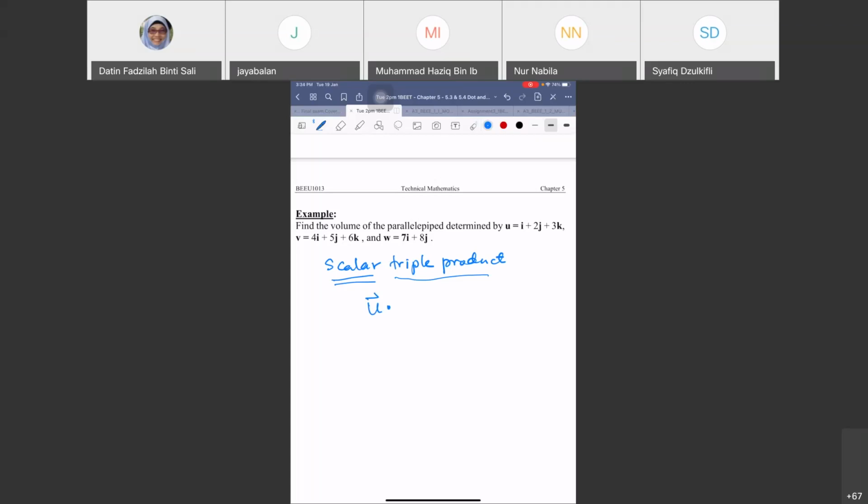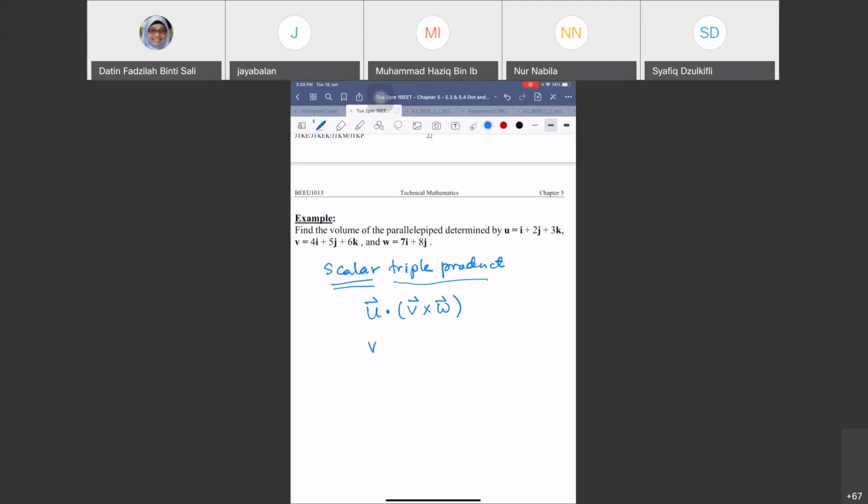You have three vectors U, V, W. So you will have U dot V cross W, or it can be V dot U cross W, or it can be W dot with U cross V. Or instead of U cross V, it can be V cross U. So actually it doesn't matter how you set up, as long as you must have this dot, and